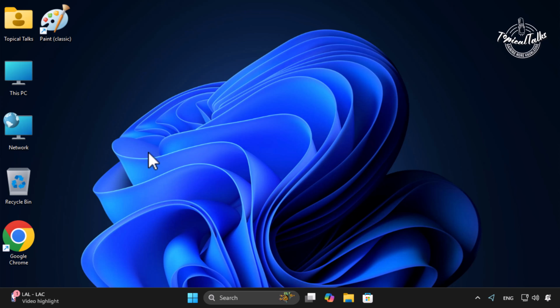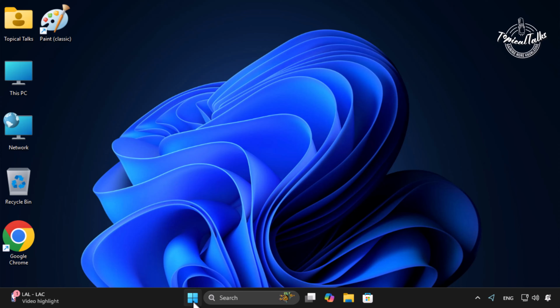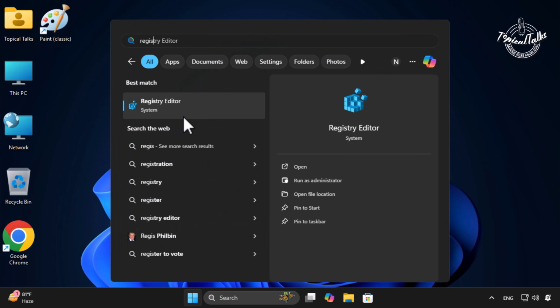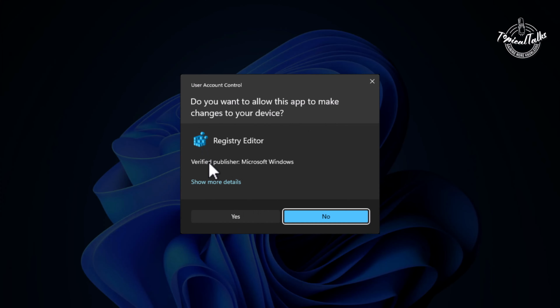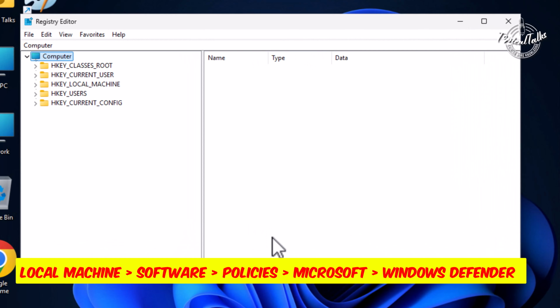For advanced users, you can also disable Windows Defender using the Registry Editor. Open the Start menu, type Registry Editor, and click on it. Windows will ask you for confirmation. Click Yes. Now navigate to this path: Local Machine,